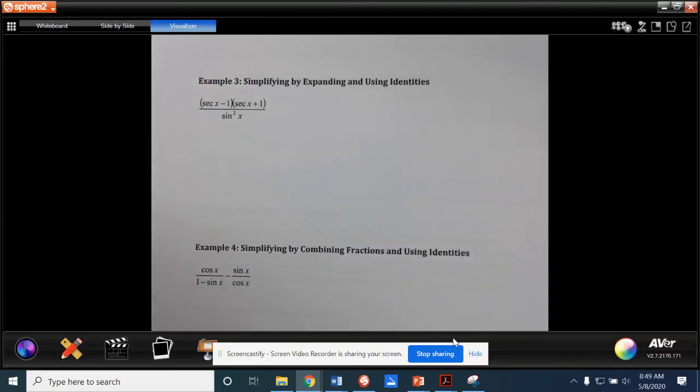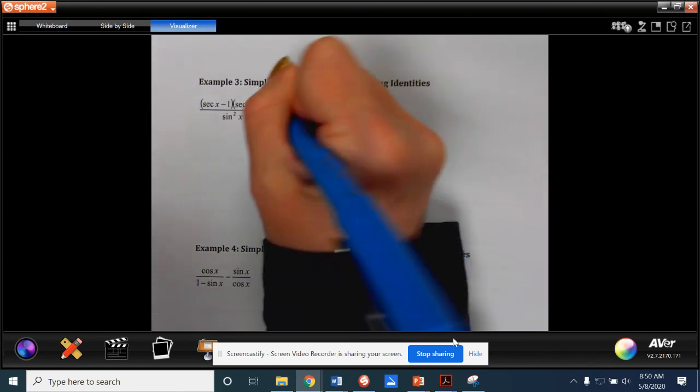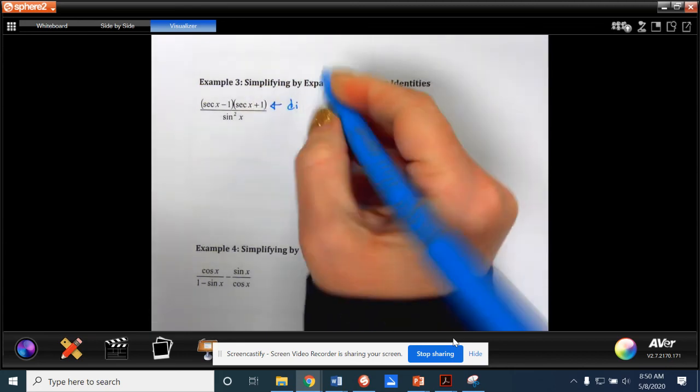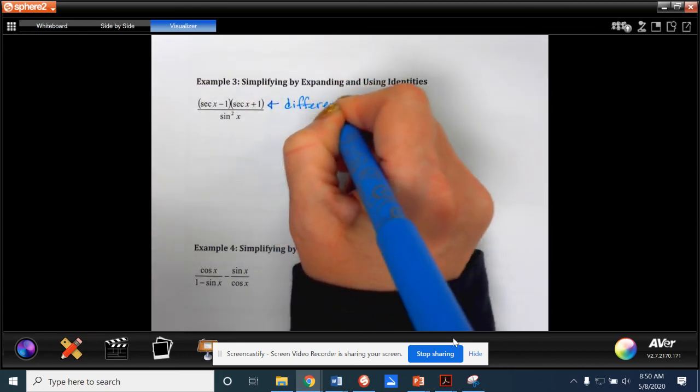All right, let's continue on with a little bit more complex identities, or to simplify by expanding and using identities, as the title says. Looking at the start of this, we have to think, what does that mean in the numerator right there? What am I going to do with that? Because I don't have an identity that has just a single secant in it with a minus or plus one. And when I look at that, I go, but I do have something with secant squared. So if you can recognize that this numerator is a difference of squares,